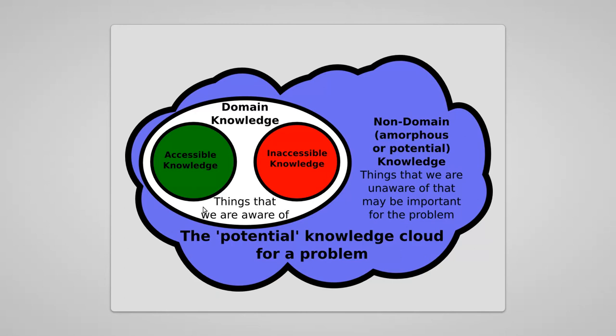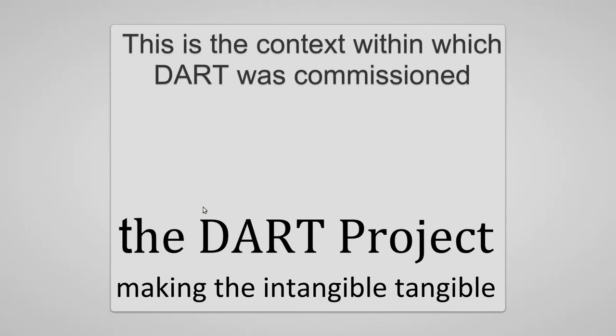There's also a whole heap of inaccessible knowledge that we're aware of as well. Stuff that's behind firewalls, stuff that's behind paywalls, stuff that's in paper format when we work in a digital medium, stuff that's held in a place that you just physically cannot get to. And so these barriers to access mean that we aren't working on the most up-to-date information. And there's a whole heap of other stuff that we're not aware of. So it gets into this Rumsfeldian process of the known knowns, the unknown knowns, and the unknown unknowns. And it's within this context that DART was commissioned.